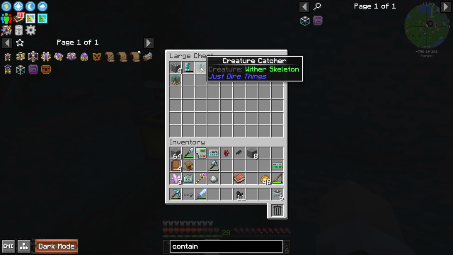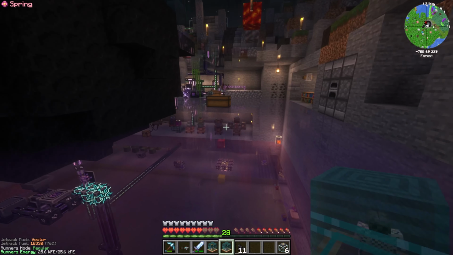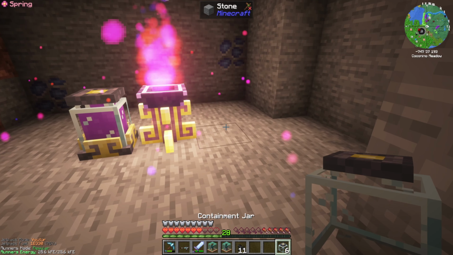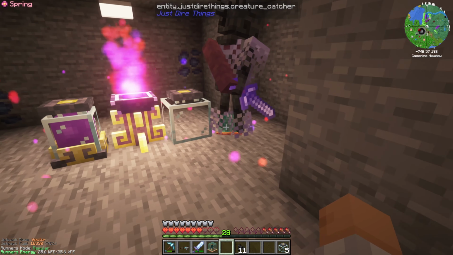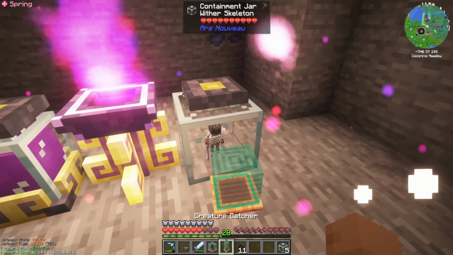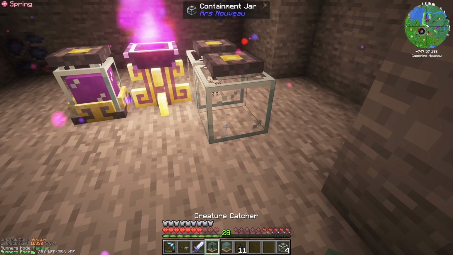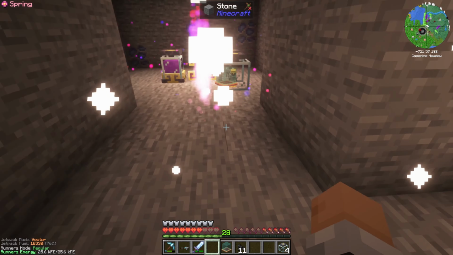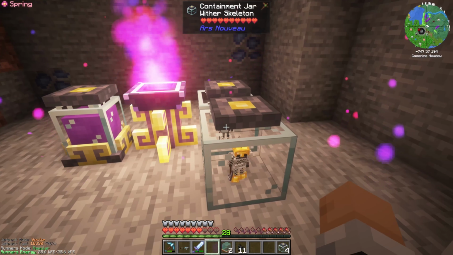We got scooped up into here. Okay, so we've got 2 different wither skeletons here. They have different armors on them. Let's go put those into containment jars. Back over here. So we put down a containment jar and quickly put down the skeleton, and he gets sucked up quickly into the containment jar. We'll do this with the other one. Come on. Oh no. Whew. These 2 guys have slightly different armor on. I don't know if they're actually different or what, but